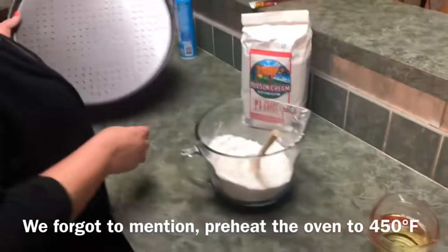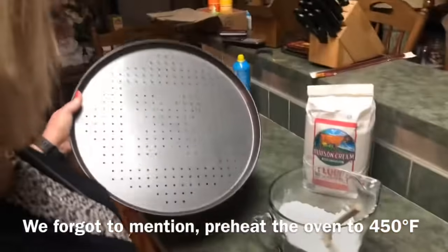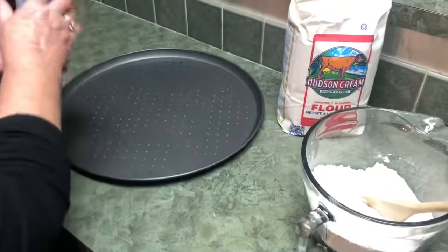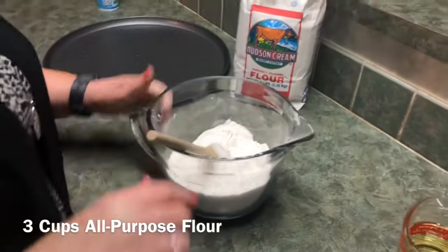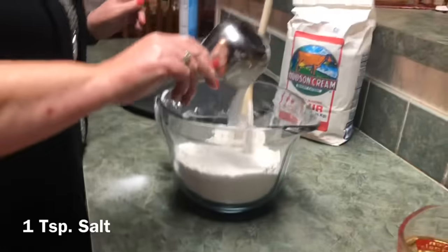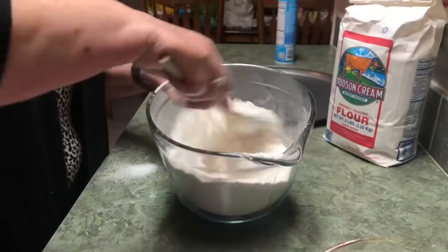So let's get started. We're going to make a pizza crust with our sugar cookie recipe. First I'm going to spray this so it doesn't stick. Then we've got 3 cups of all-purpose flour. We're using Hudson cream today. 2 tablespoons of sugar, a teaspoon of salt. I'm going to mix that up, and then we're going to add